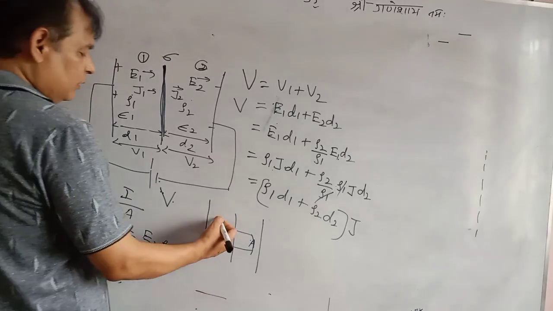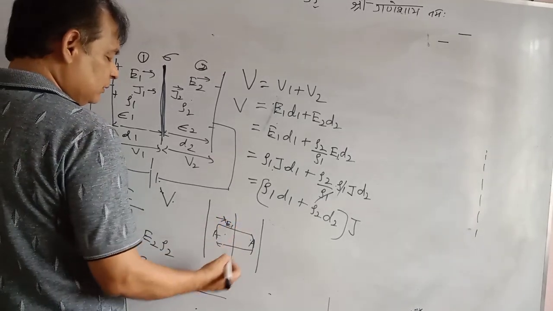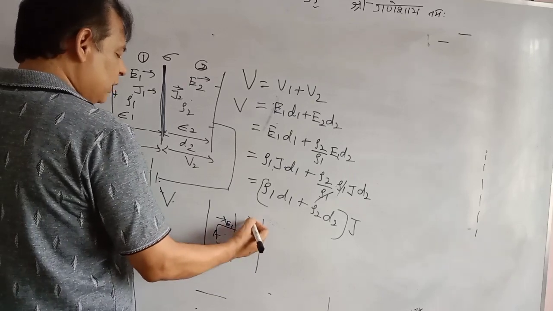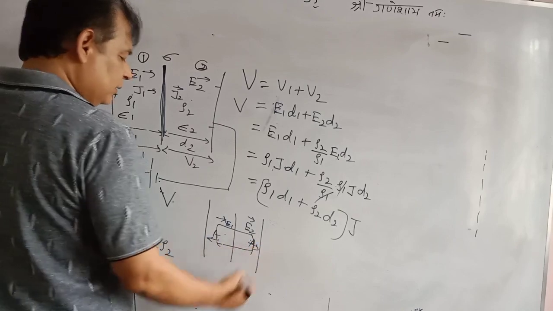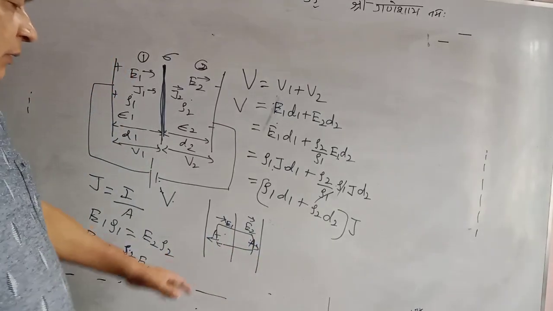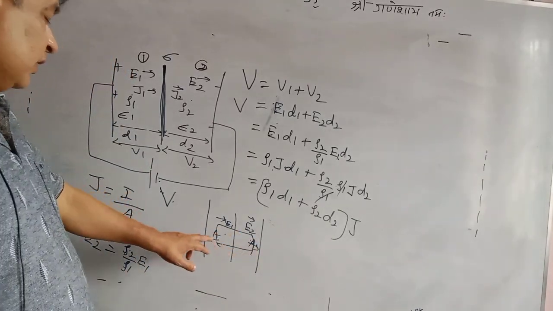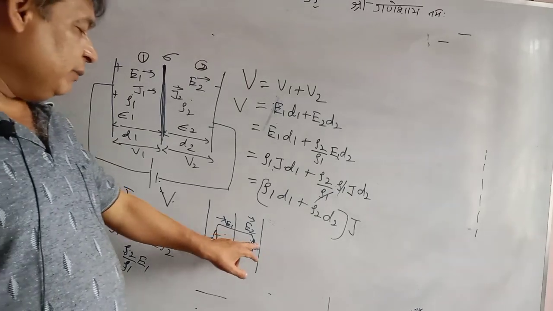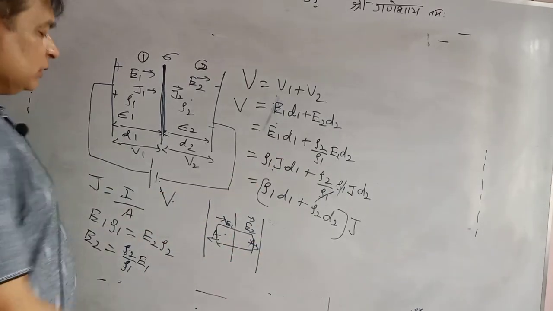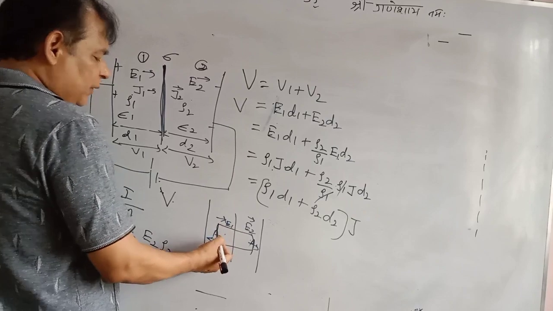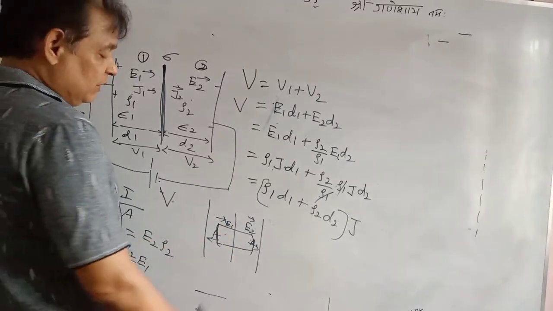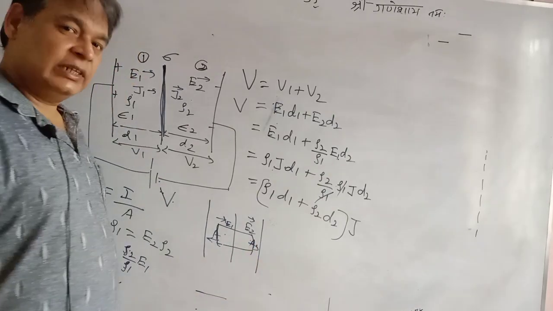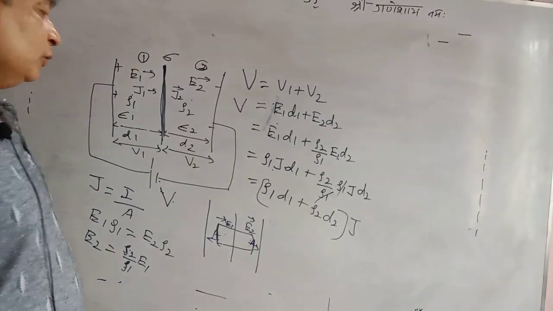Again here E1 will be in this direction, E2 will be again towards right, but A will be here left and here right. Like the first example of this video series, A will be leftward and here rightward. Why? Because the direction of outward area will be left for this closed surface, and here it is rightward. So we can have